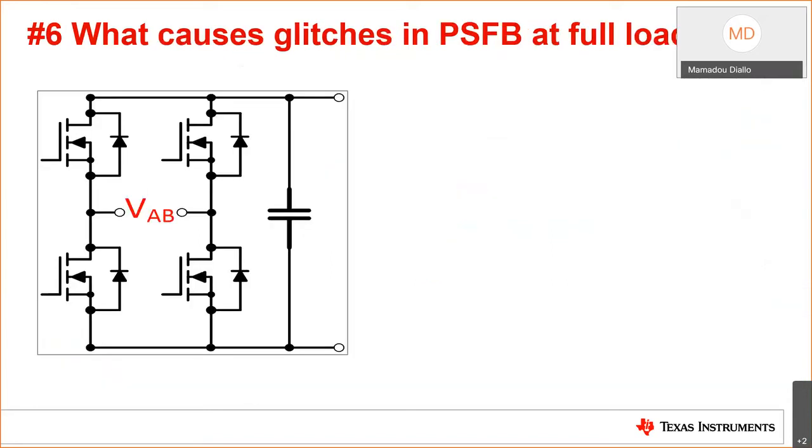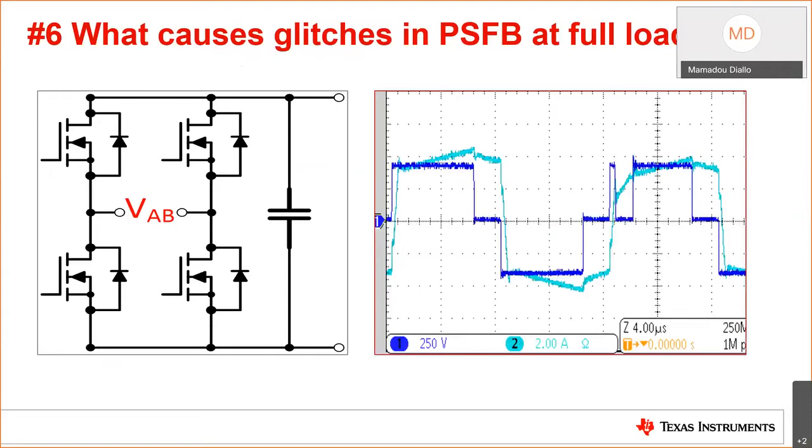All right, here's another issue. So now we're transitioning away from biasing supplies and looking at a different common issue. We still have two half bridges in a full bridge topology now, where we're capturing the voltage across VAB, where channel 1 shows the VAB voltage across the 2 switch nodes, and channel 2 captures the phase current. What could be causing the glitch on VAB voltage?